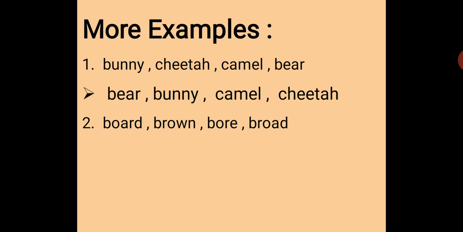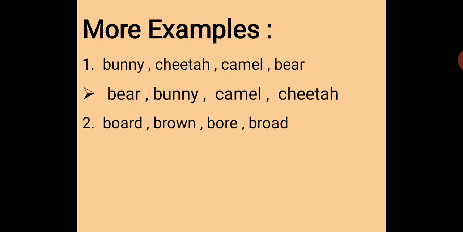Whenever you read these words, you can observe that all the words have the same first letter. Then what can we do? We move on to the second letter of the word. Which are they? O and R. We have only two letters because we have two words which have O in their second position, and we have two other words which have R in their second position. So we are comparing O and R.